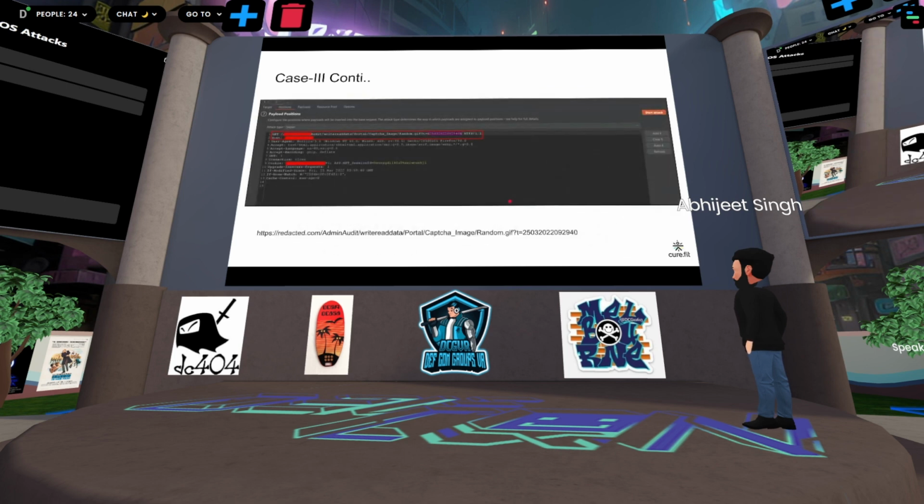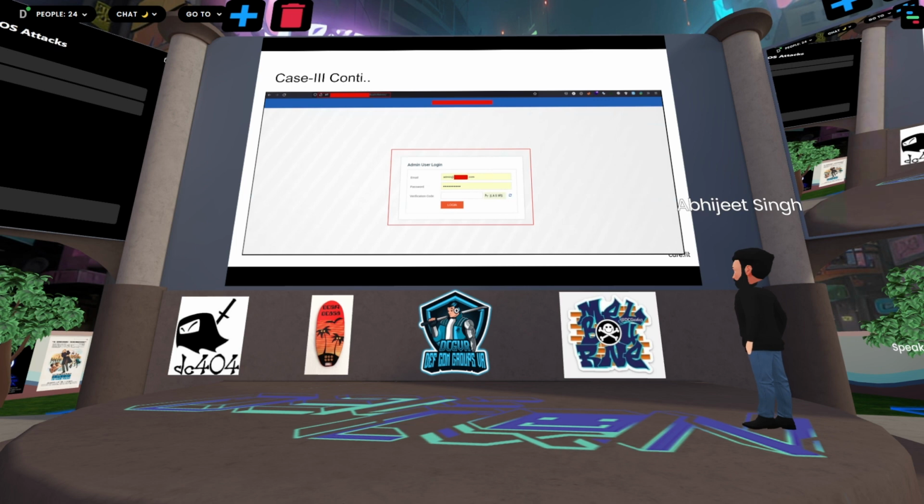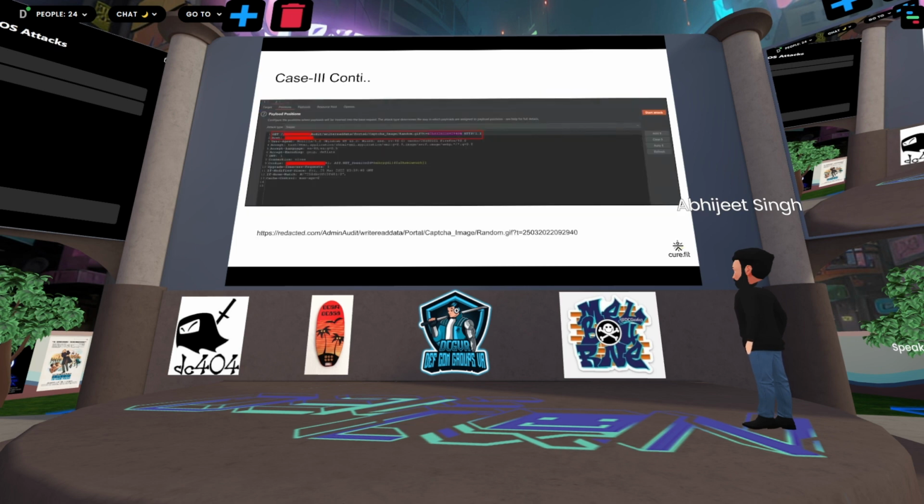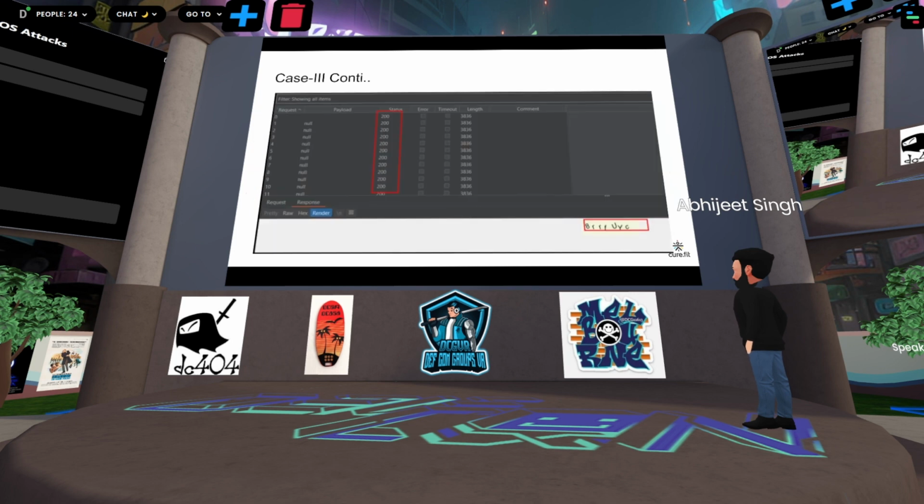The intermediate request, I have not taken a screenshot, but you can see the main screenshot, in which the captcha was being retrieved from the server with something like a captcha images path and some random dot gif with some value. It did not mean anything; you could choose any value and it responded the same way. So what I have done here is put a throttle of 5 seconds and use the Intruder to